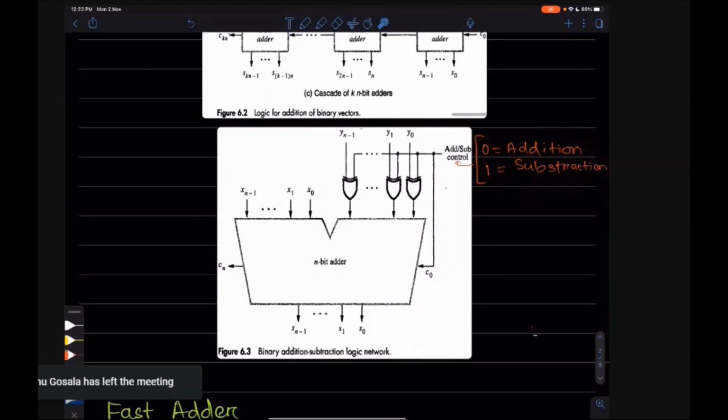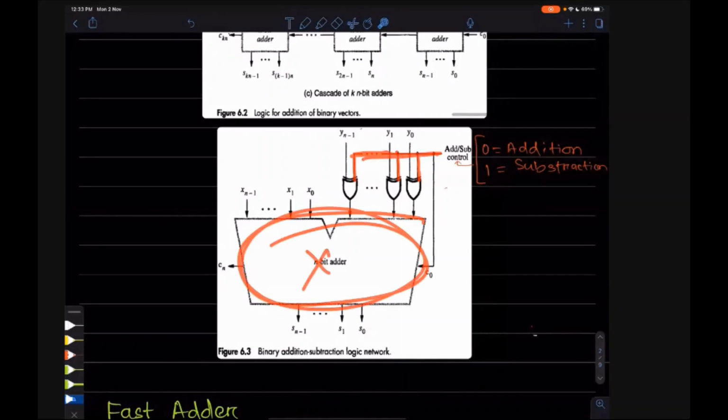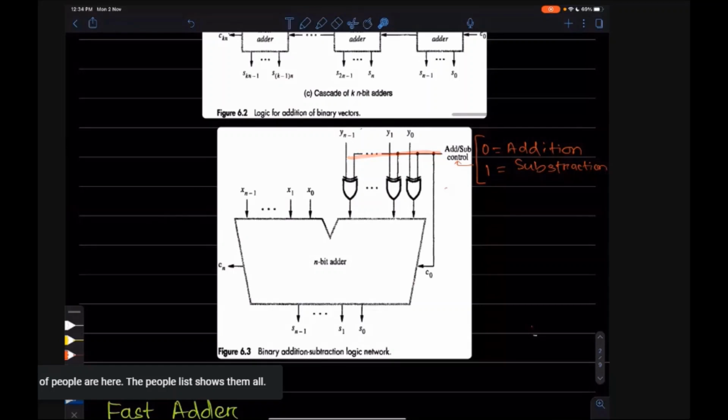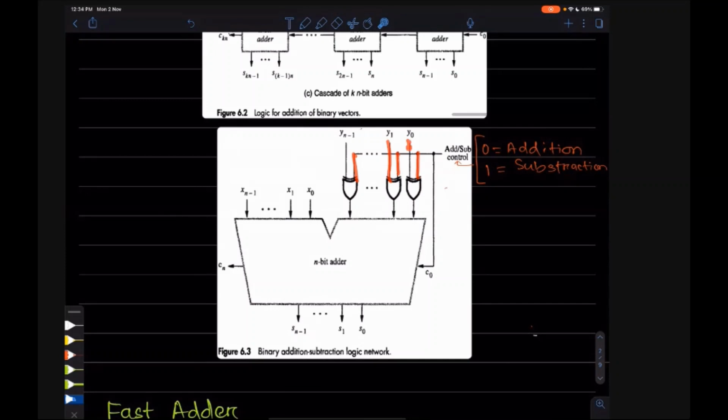So how does 0 mean addition? Let's see. Suppose we have given 0 here. So 0 will go on these channels, and there are some additional XOR gates. The n bit adder is this one, we are not talking about this. We are just checking how the operation will be handled by this signal, whether it is 0 or 1. If it is 0, then what will happen? This 0 will go into this XOR, and some bit will come from your Y, because we are doing X minus Y.